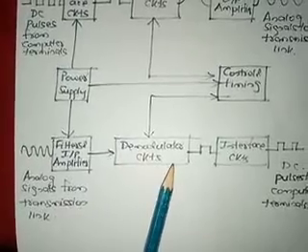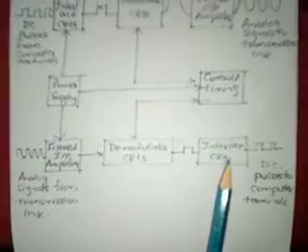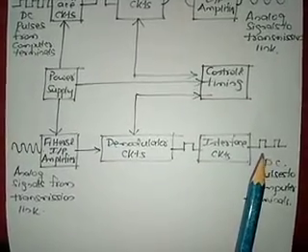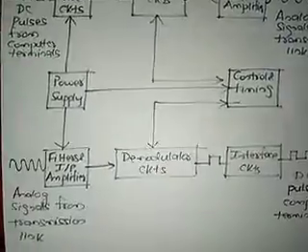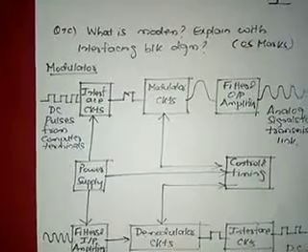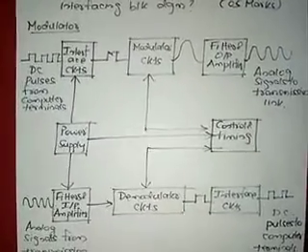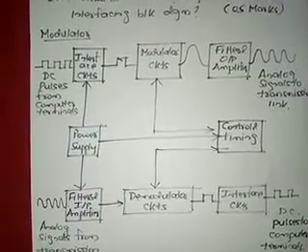After separation, it sends the information signal to the interface circuit. The interface circuit transmits the information pulses to the computer terminals. So this is the working of the block diagram of the modem, modulator demodulator. This carries 5 marks. Drawing the block diagram carries 2 marks and explanation carries 3 marks. Total it is a 5 marks question.